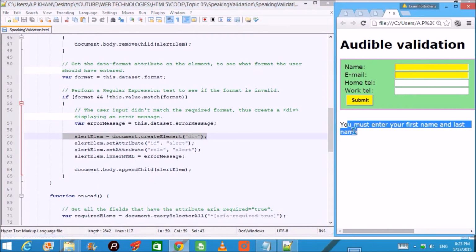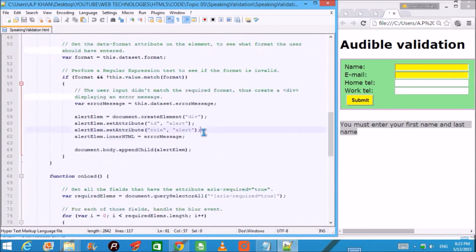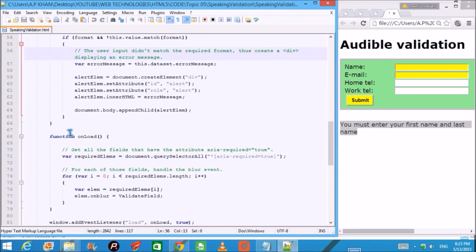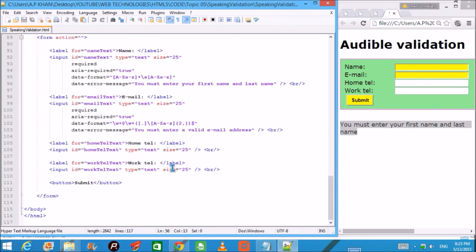So this is a division with some ID and role, and this will be embedded. This is how the onload of this HTML will present the error to the user, whether he is fine or he is specially challenged. Hope you understood this form. Thank you so much. Take care.